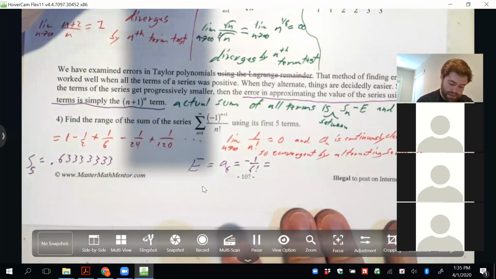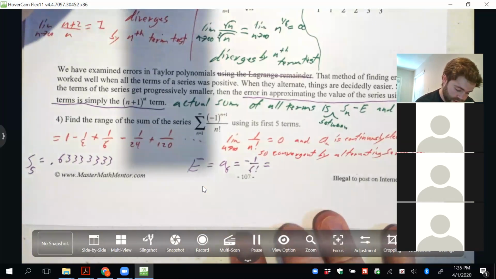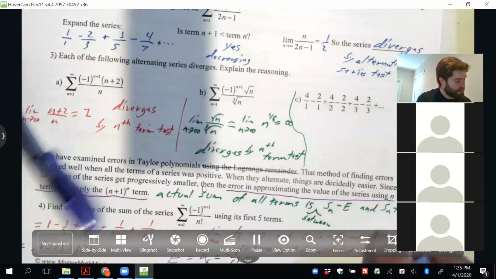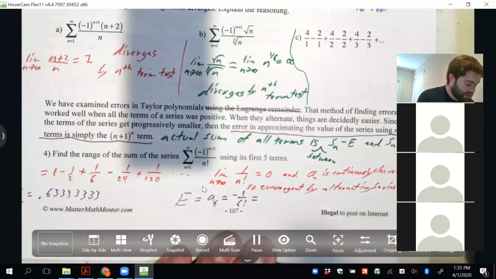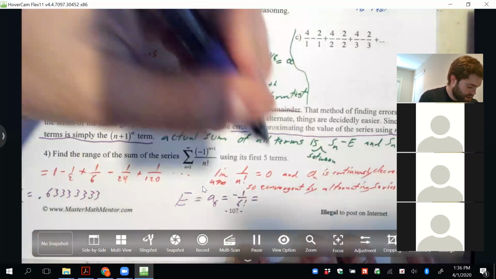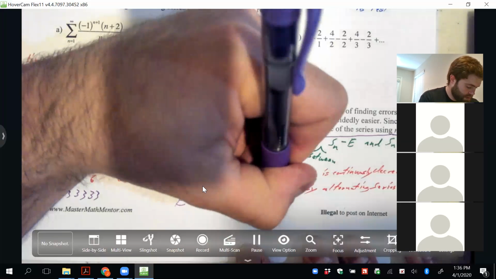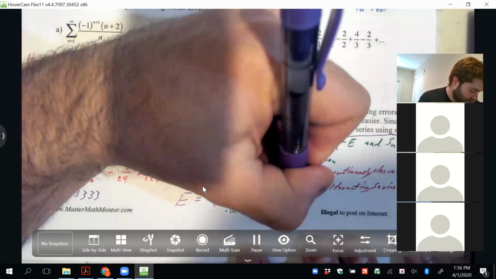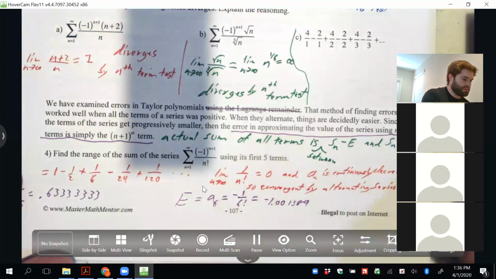I did not write that decimal down, so I'm going to figure out what that is now. Negative 1 over 720 is about negative 1.001389. So that is the error,